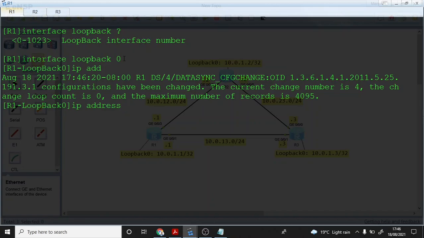But whenever it comes up and you had typed a command maybe halfway, you can always press the tab key and it will show the command that you have typed. So this is R1. We're supposed to configure